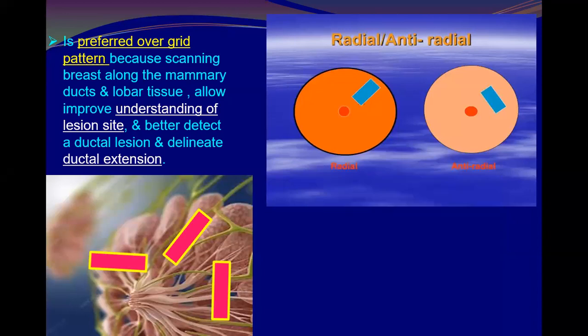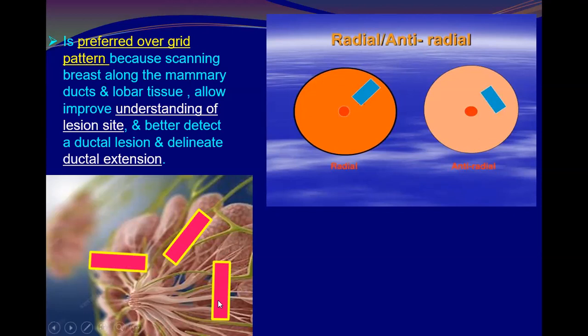Okay, I will start from here. I said the radial is more important than the grid technique. Why? Because it aligns along the axis of the mammary ducts and lobar tissue. And the lesions in the breast are arising mostly in these areas. So it will allow us to understand the lesion sites and delineate its extent along the ductal system. And we said that if you look here for the transducer, this is the radial. You got it? This is the radial along the ductal system, while the grid is either transverse like this or